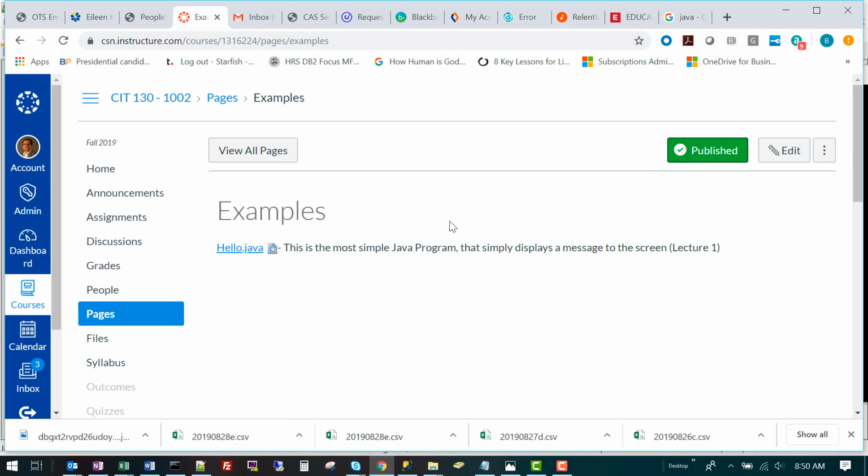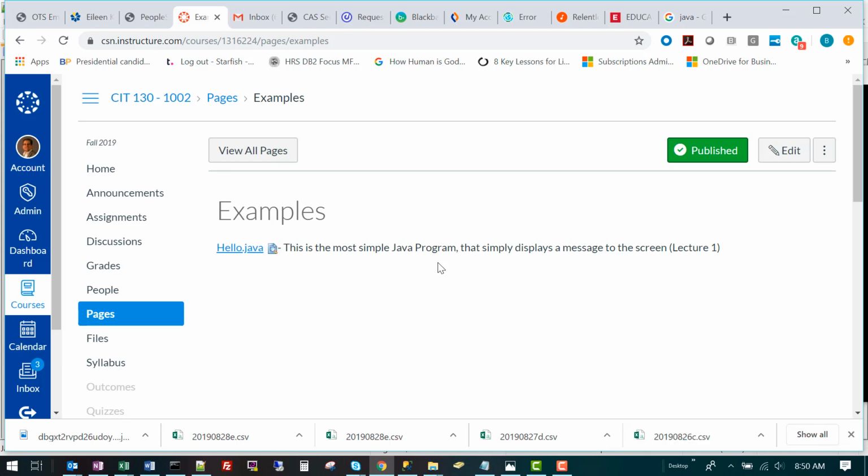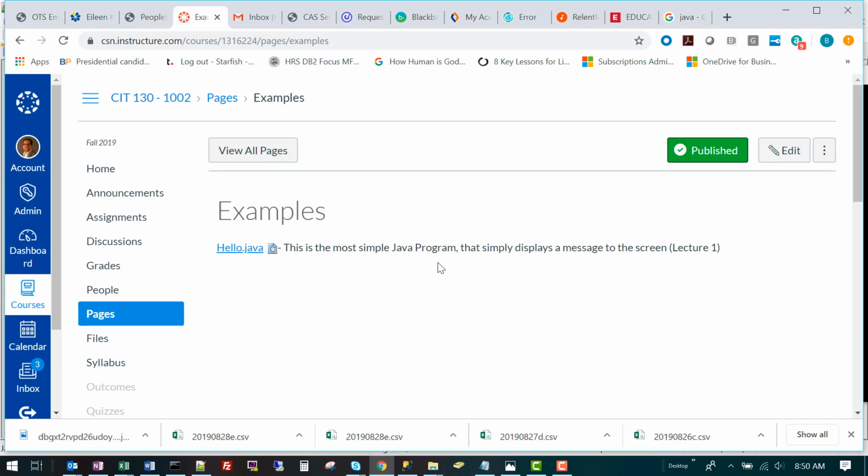So this concludes the first lecture. It gives you the simple beginning information you need. Next week there will be a second longer lecture uploaded that's going to go through in much more detail on the types of elements that we put into a Java program. We'll look at simple examples of those elements for use in our own development. After that second lecture, the first homework assignment will be available for you to practice these concepts on your own.